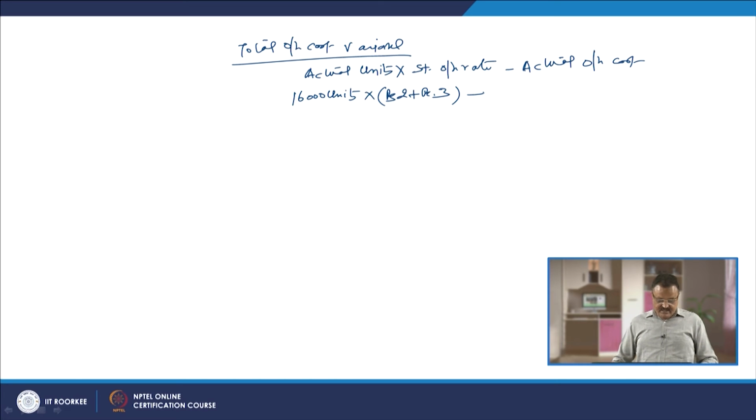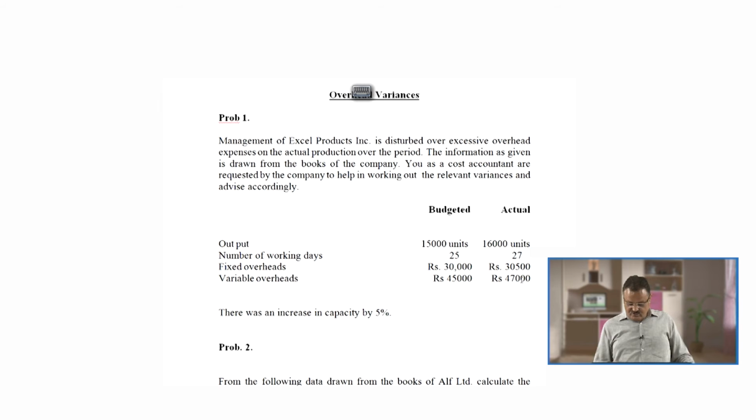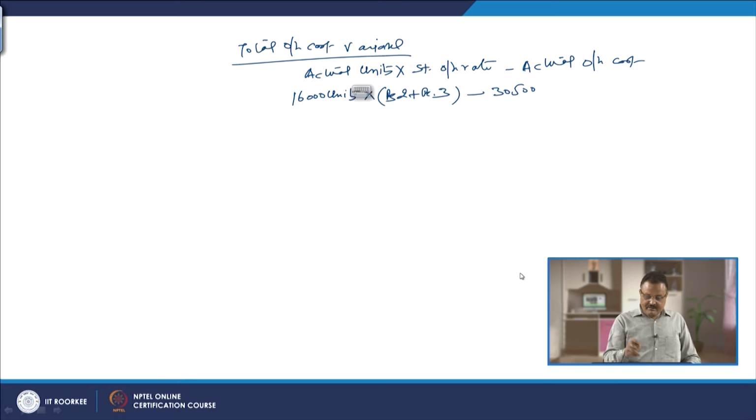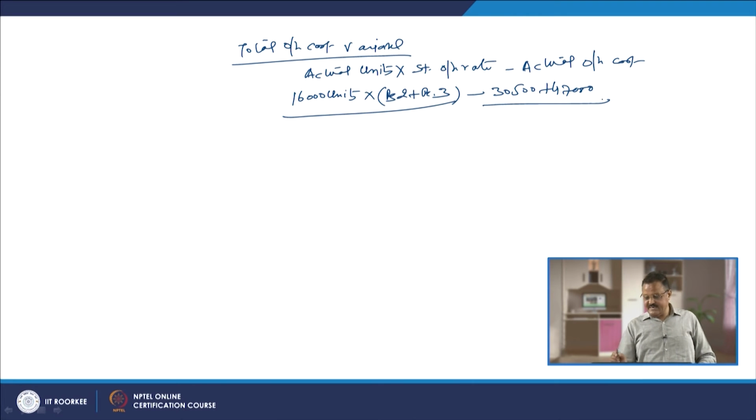What is actual overhead cost here? Actual overhead cost, if you look at this, becomes 30,500. It is given to us, 30,500. This is fixed, and the variable is how much? Plus 47,000. So, these two sets of information will help you to calculate the total overhead cost variance, and for calculating this, how much does it work out as? Rupees 80,000 minus this, which is how much? 77,500,